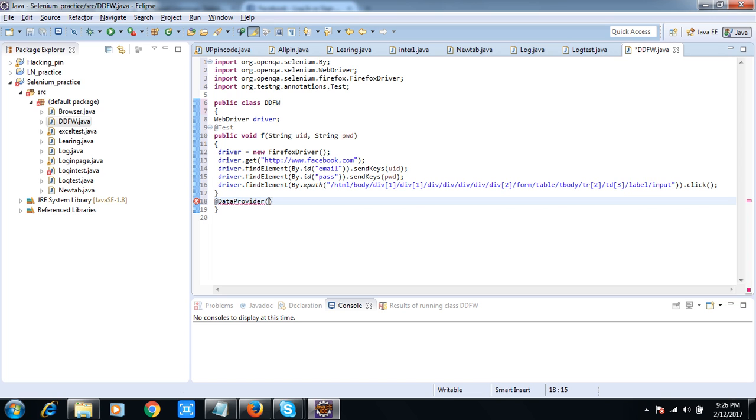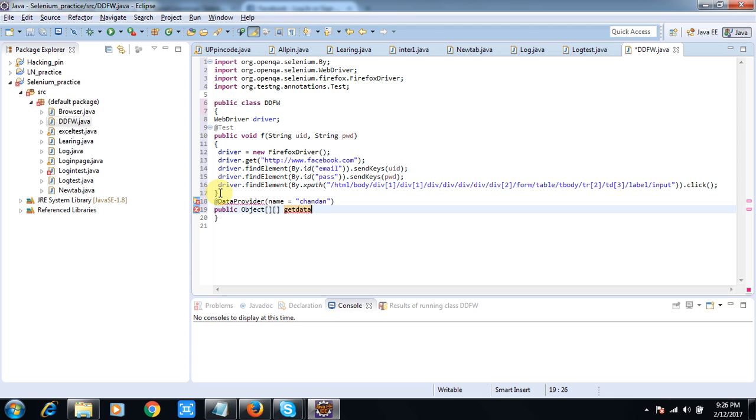I am giving my name, and then I will create an Object 2D, and I will give it the name getData, and inside that method I will perform some operation.